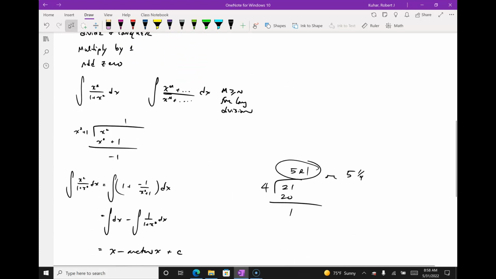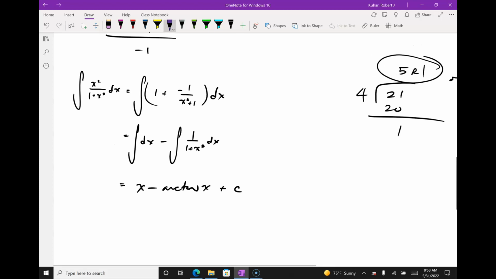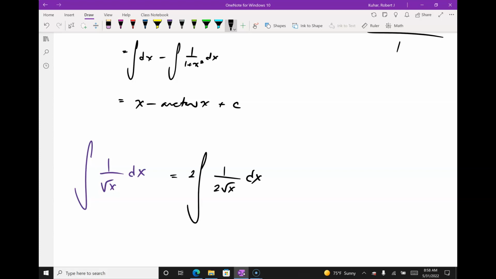Let me do a multiply by 1 here, okay? So another example, and multiply by 1. Noah, are you okay? Yep. So 1 over square root of x dx. So I'm really at level 1 here, but I'm missing a 2, right? I'm missing the 2. I need 1 over 2 square roots of x to recognize that it's a square root of x problem, right? So what I do is I multiply by 1, I multiply by 2 on the outside and by 1/2 on the inside, right? So now I've just multiplied by 1,